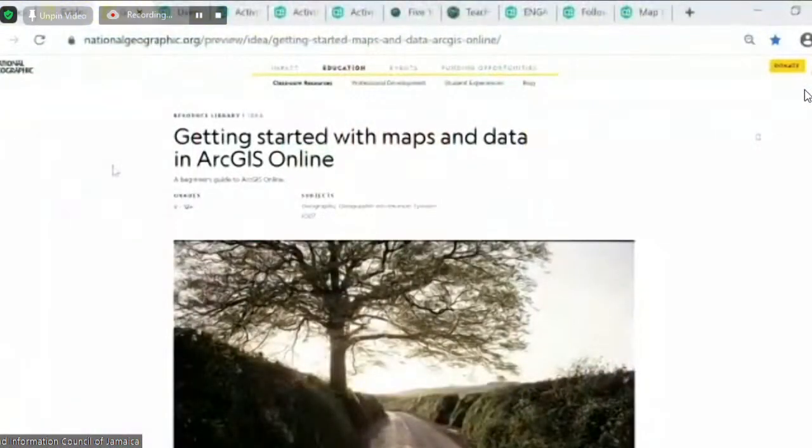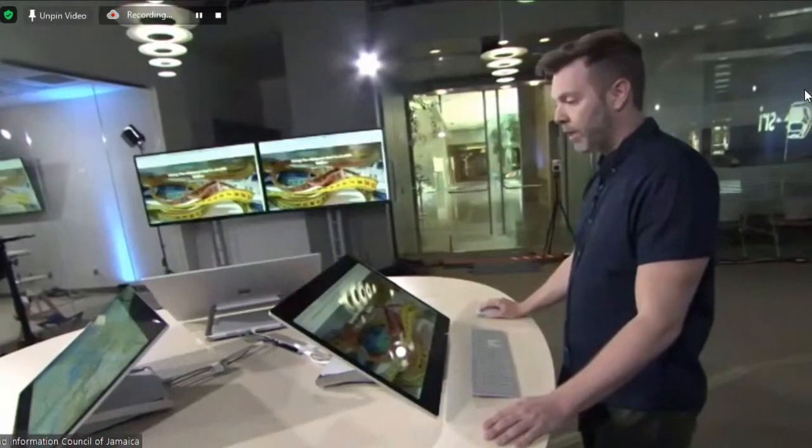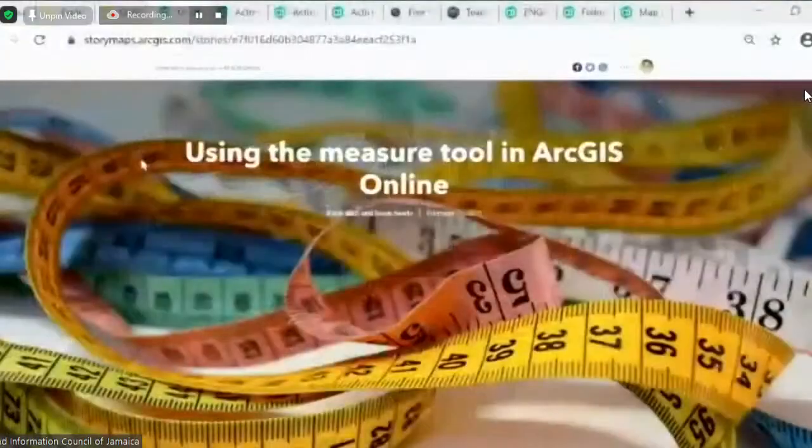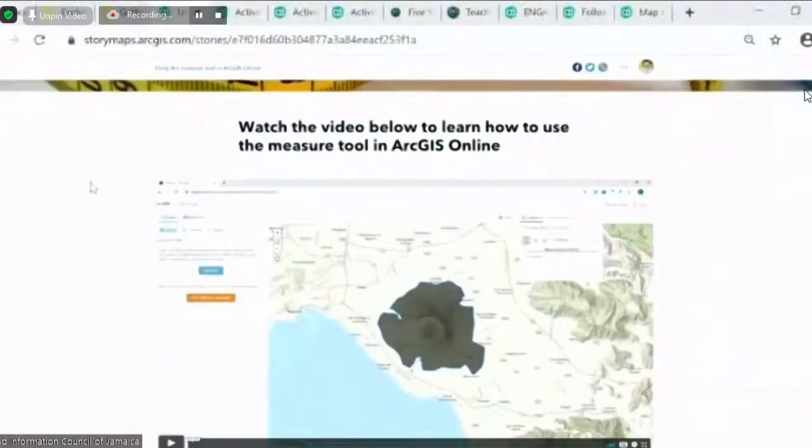If you'd like your student to build skills and confidence in ArcGIS Online first, have them work through one of the Getting Started series. They don't require any login. They include short videos and simple instructions. For example, this skill builder on using the measure tool in ArcGIS Online starts with a short video calculating the